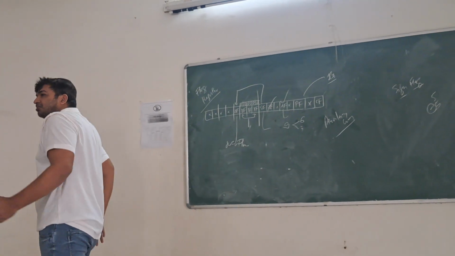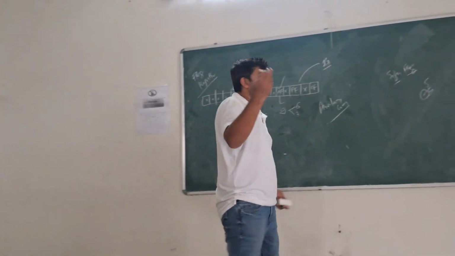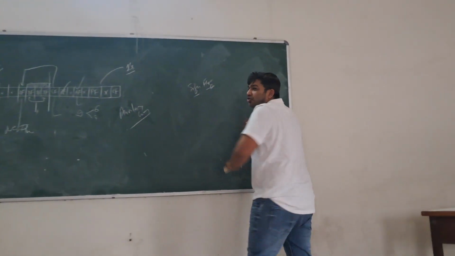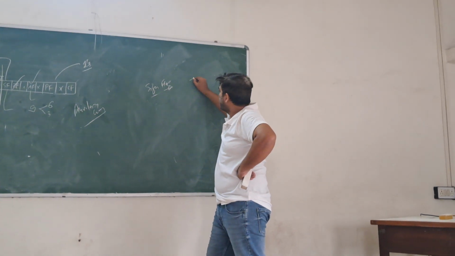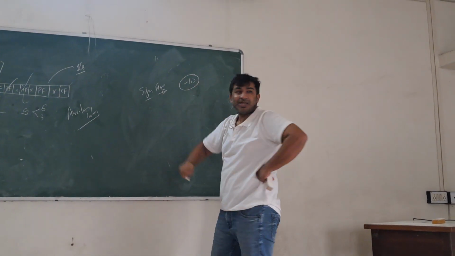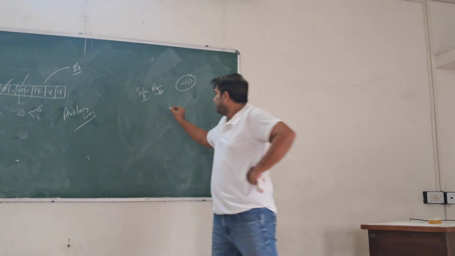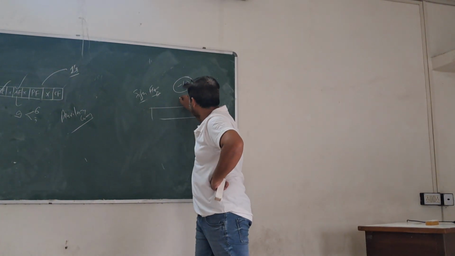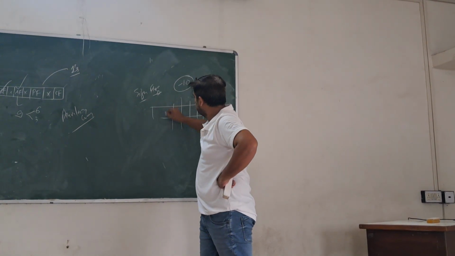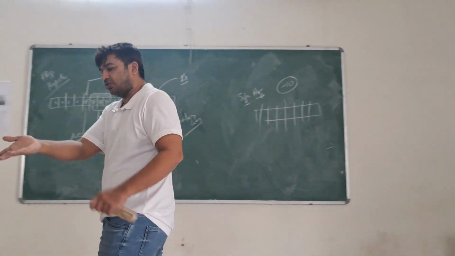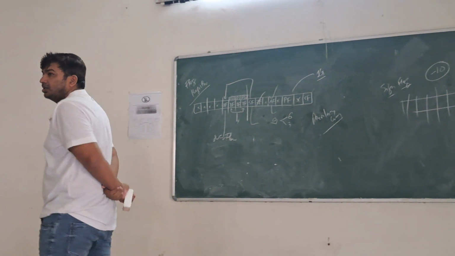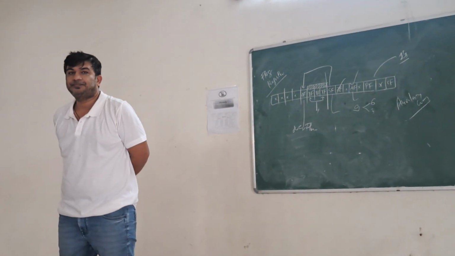Another thing is your minus number. How can you store your minus number? Suppose, let me check your mathematics knowledge. I want to store minus 10 in my memory in 8 bits. These are my 8 bits. How can I store it? How to store this minus 10 in memory? How is it actually stored? What is stored in memory to write down minus 10?